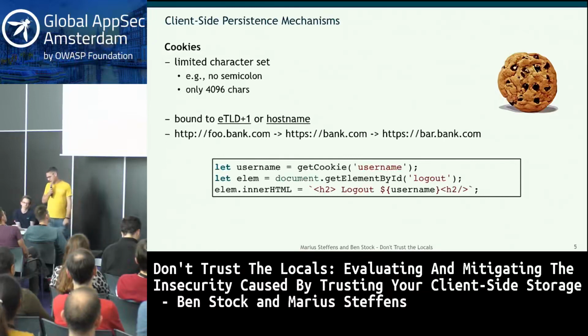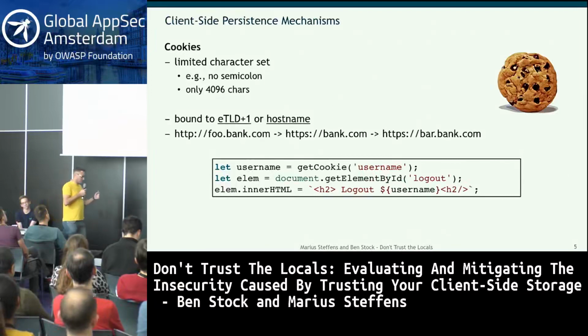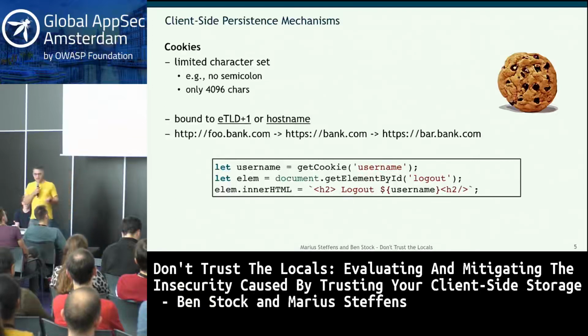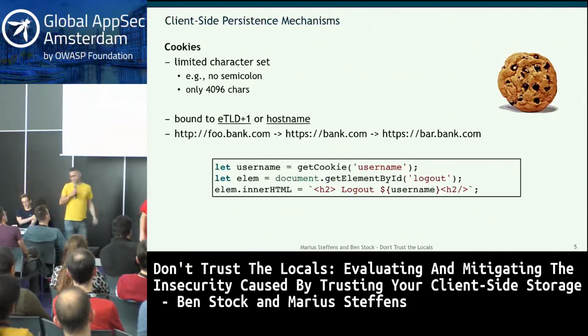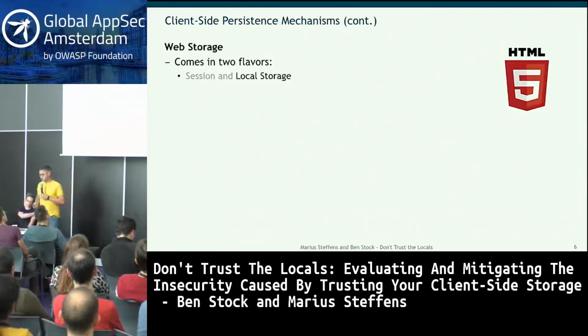Something like this. We have a username that we're getting from the cookie. Then we get here the getElementById logout. And assuming that I, as the attacker, have compromised this cookie somehow, and Marius will tell you about how this will work later on, so I've manipulated it on my victim's machine, I have a clear XSS here, right? Essentially, we're taking a string that is attacker controllable, that's the assumption, the cookie, and we're sticking it here into this username. So, obvious XSS again.